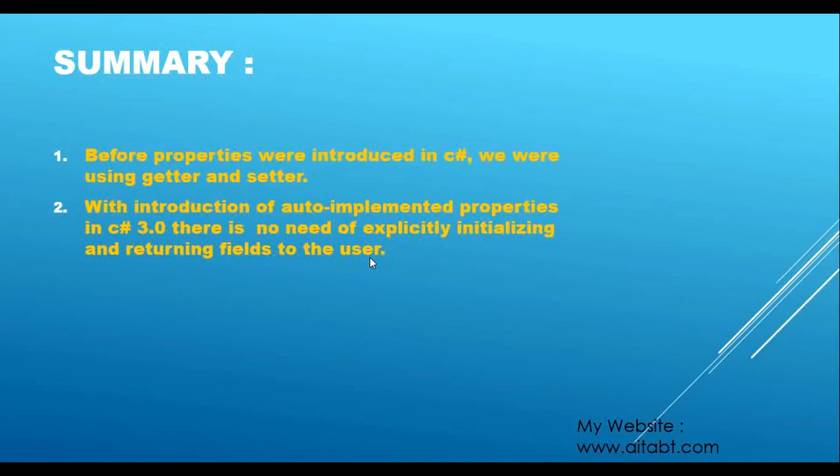because in real time we can validate our properties inside a method as well. We can have a method where you want to use your properties, and in that method you can validate your property separately. So there is no need to validate your field inside a property. That is why auto implemented properties are very useful, and that's how we use them. So this is all about properties in C#. We will meet in the next video of this tutorial series. Till then, stay tuned and thank you.